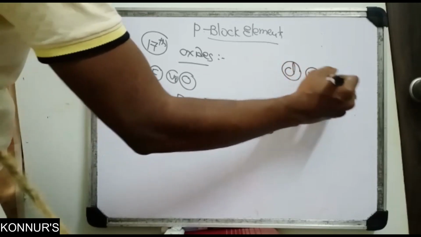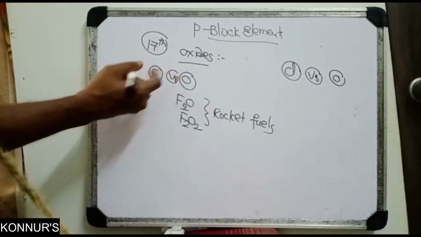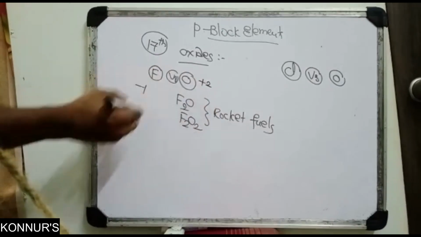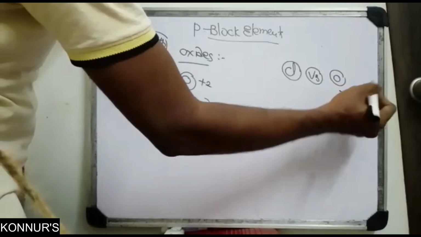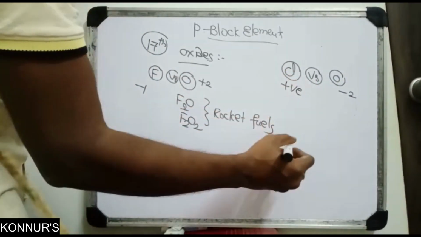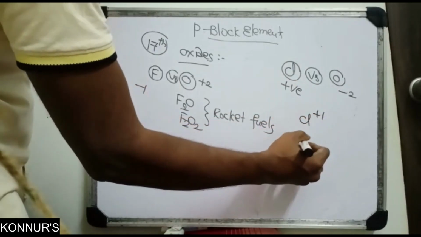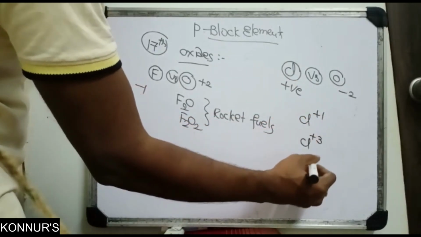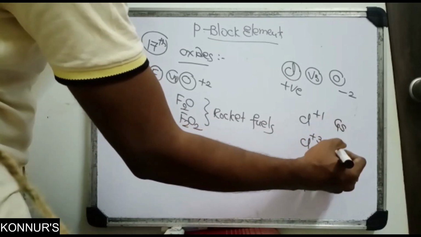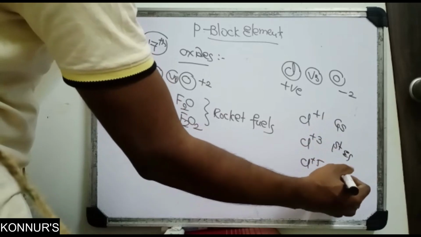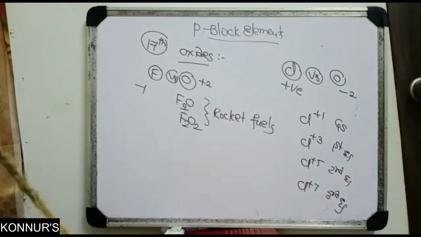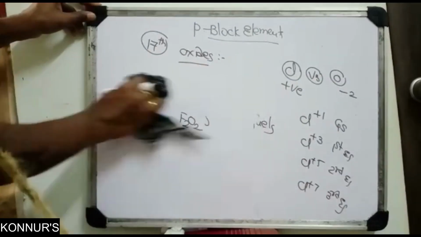Chlorine versus oxygen. In fluorine versus oxygen, fluorine is -1 and oxygen is positive. But here, oxygen you are getting negative, and chlorine gets a positive. So how many positive oxidation states does chlorine have? Chlorine +1 is there, chlorine +3 is there, chlorine +5 is there, chlorine +7 is there. These are the ground state, first excited state, second excited state, third excited state. If you see these structures,